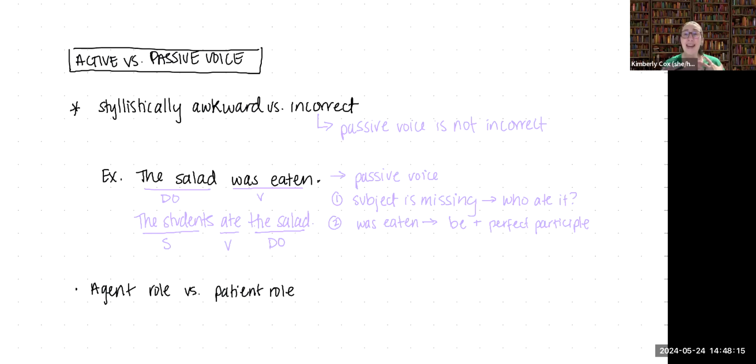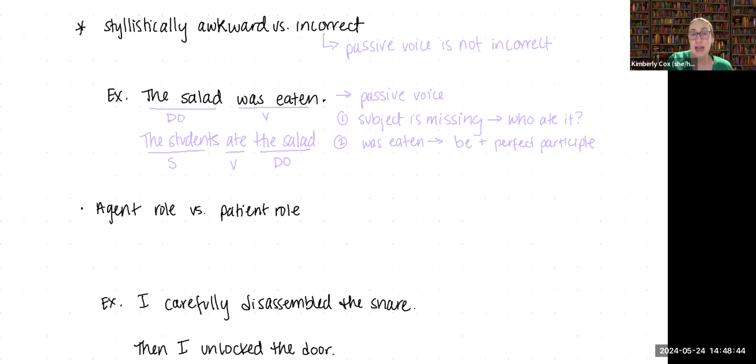Okay. If I say the salad was eaten, you still understand what I mean, which is that the salad is gone. And what I'm suggesting by putting it in that construction is that who ate it doesn't actually matter. All that matters is that the salad was eaten. And maybe it's because I really want the salad. So we use the passive voice when the object is more important than the subject in the sentence. So we're going to talk about that a little bit more as we take a look at the agent versus